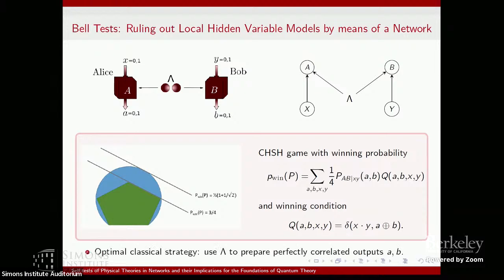Okay, and in the classical case, to think about the strategy, one way to achieve this would be that they just take this random variable lambda, this hidden variable, and if this is a uniform random variable that gives you 0 or 1 with equal probability, they could just output this. If they get the same variable, then in 3/4 of the cases, they're perfectly correlated, which means they achieve those 3/4. Okay, and this is a way to think intuitively about those Bell tests essentially.